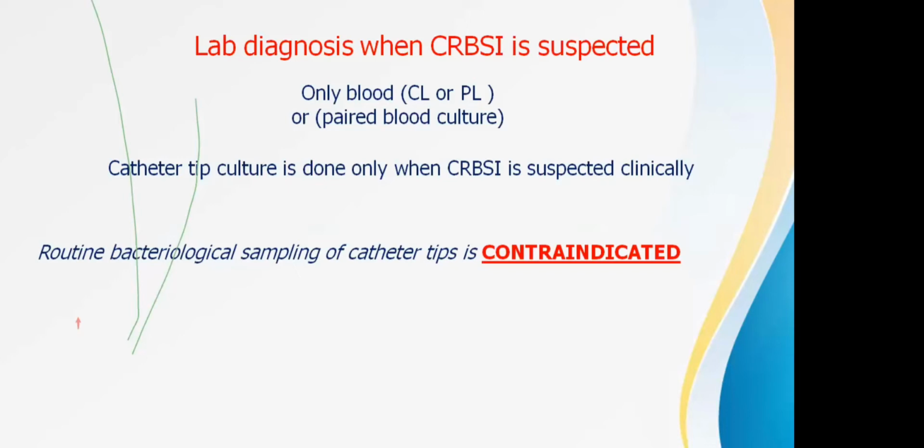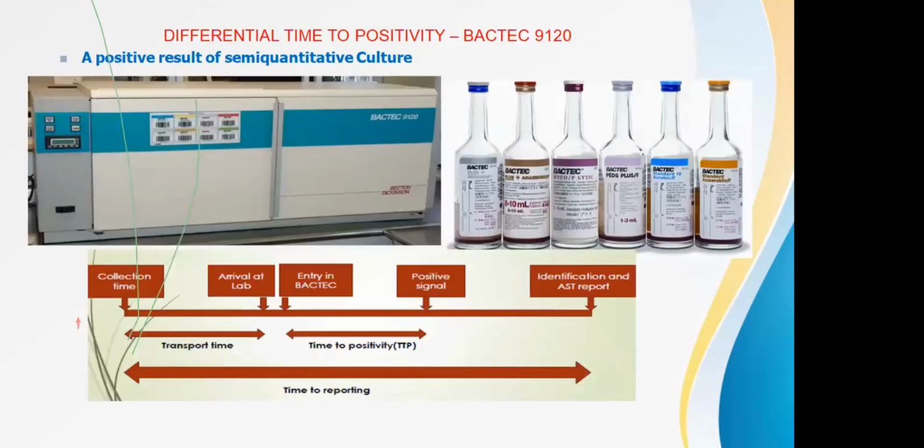Same goes if anybody from your clinical side is sending you catheter tips, urine catheter tips, endotracheal tube secretion tips. You should completely say no. As a microbiologist, you should strictly say that it is not advisable, it is not practicable these days. Catheter tips of any area are not taken up.